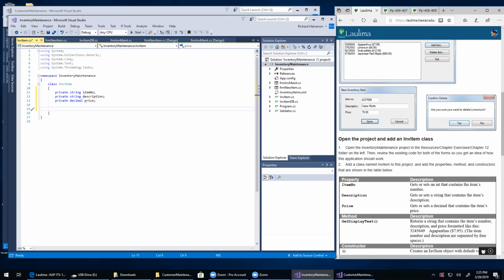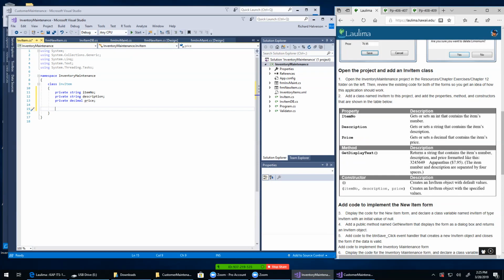And then we're going to create these constructors down here, which is public INVITEM, simply that. And then we're going to create the one which